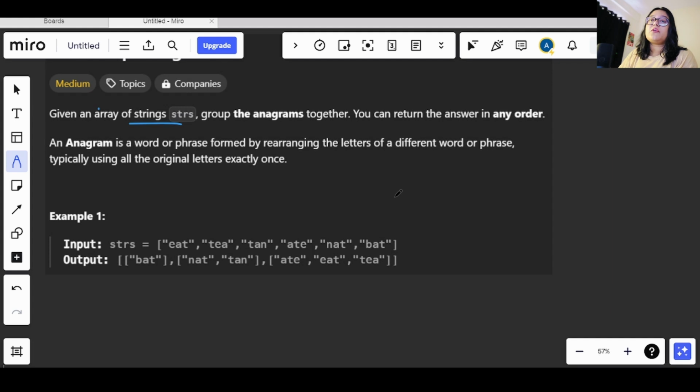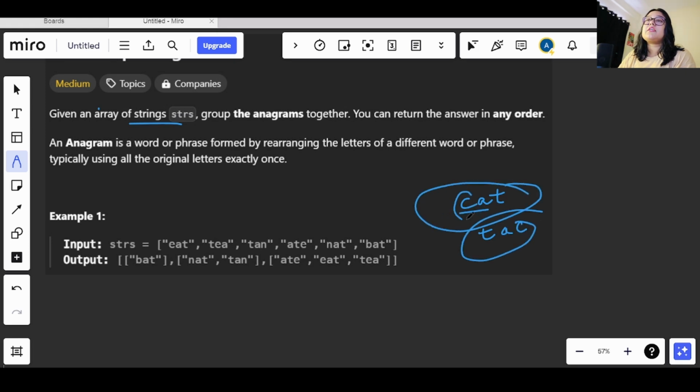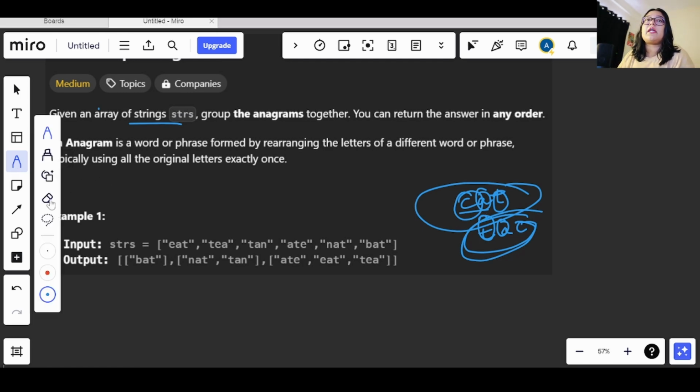Also, in the previous question, we saw what an anagram is. Like if we have cat and tac, these both are anagrams, right? The number of Cs in this is equal to the number of Cs in this. The A is also equal and T is also equal. Although the characters are not occurring at the same indexes, or they are jumbled, the number of characters is equal in both the strings. So they both are anagrams.